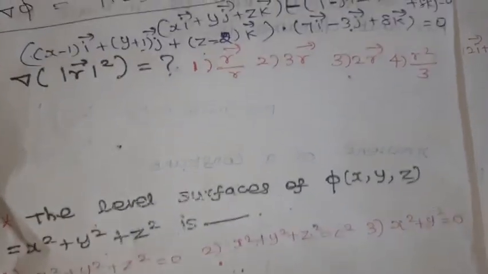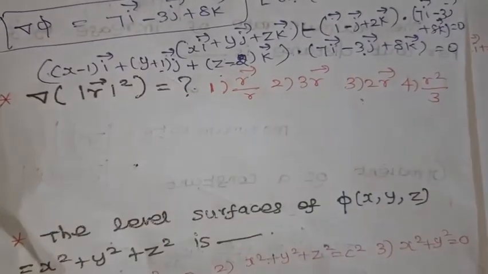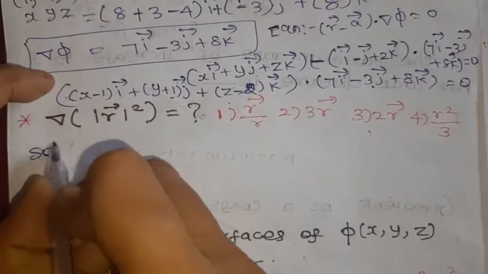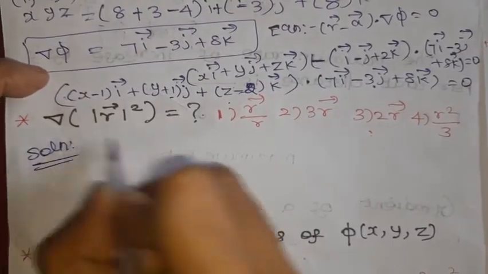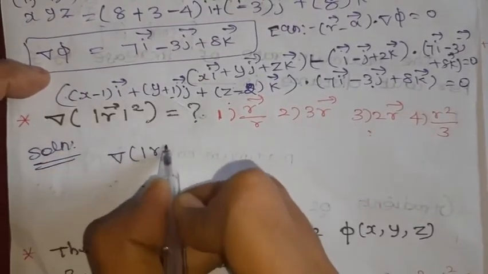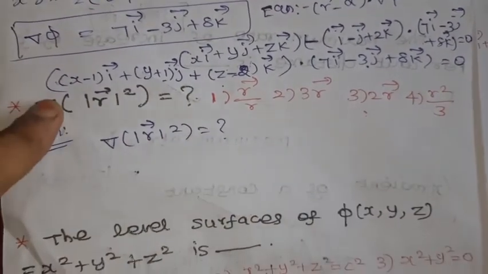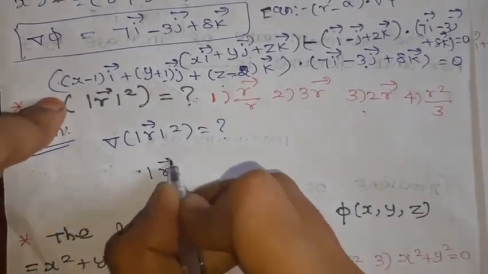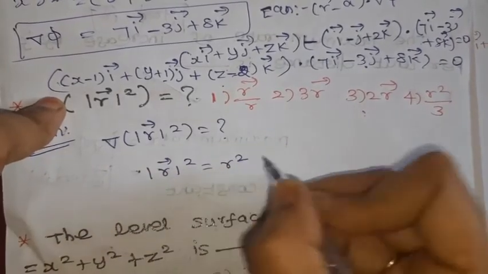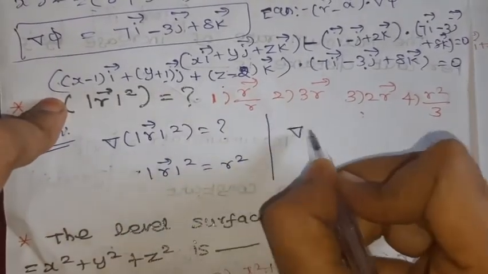Okay, we'll move on to the next problem. Del of r squared equal to what? We are going to find out. What is actually del of modulus r squared equal to? Modulus r squared is nothing but r squared only. So del of r squared